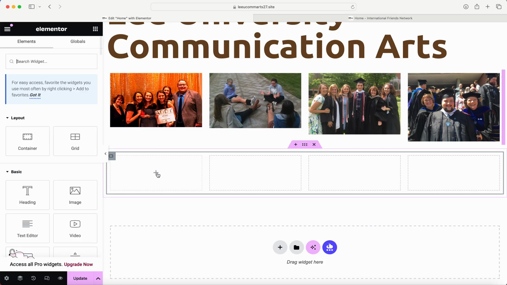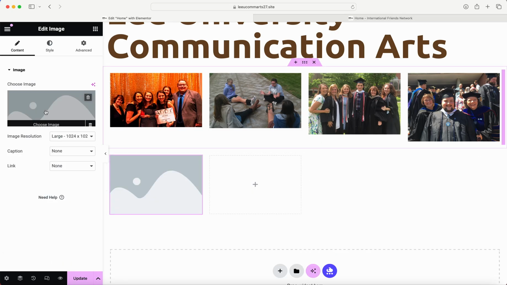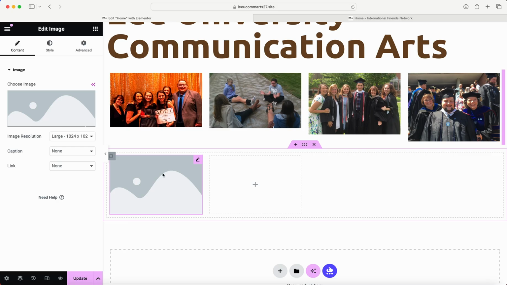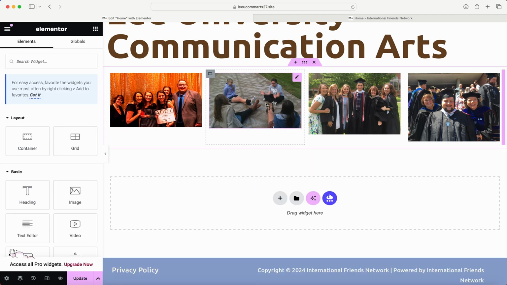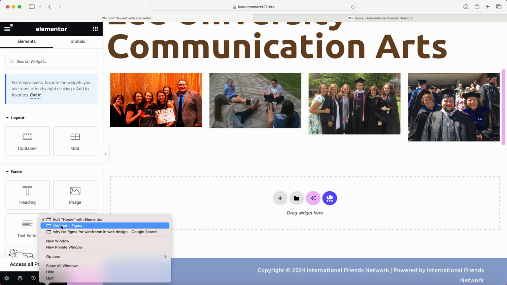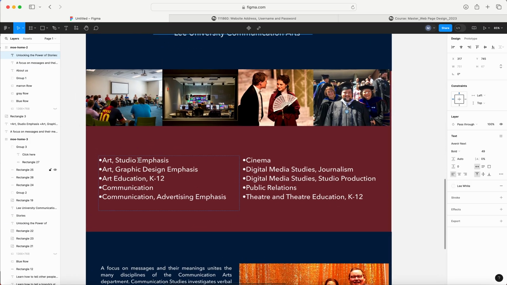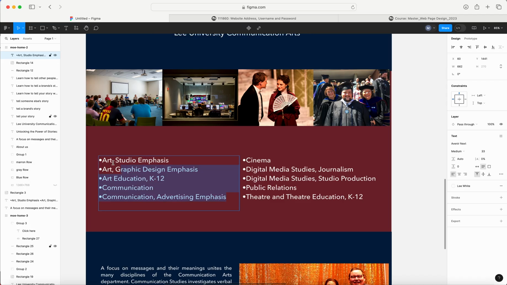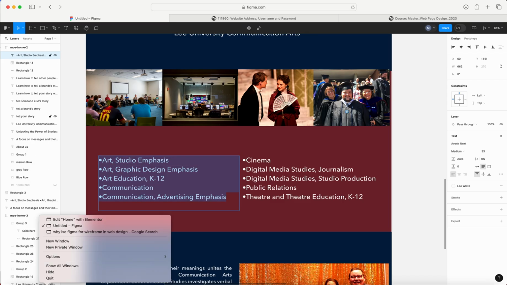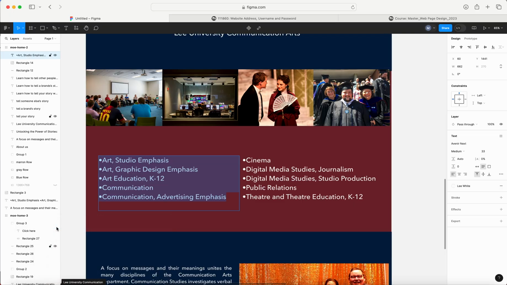And here you do the same thing as we were doing before. You'd bring an image in, and you could choose the image and do that for all of them. But I've already done it above, so I'm not going to work with it. What I want to do next is, let's take a look at my Figma again, and I see that I have a set of points, bulleted points I want here. So let me go back